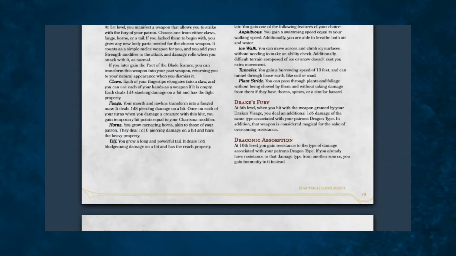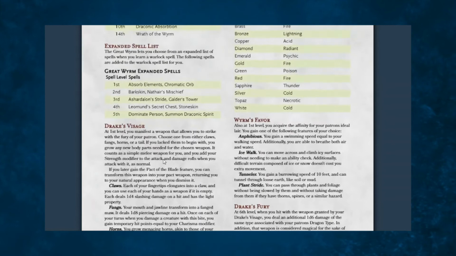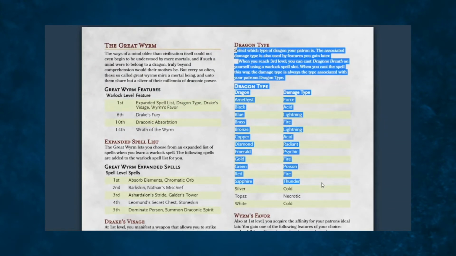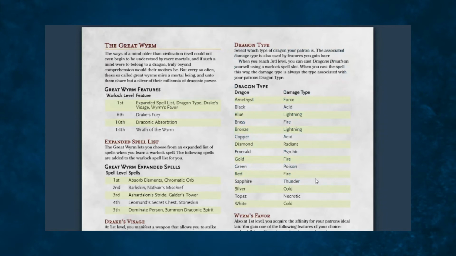And then last but not least, tail. You grow a long and powerful tail, deals a d6 bludgeoning damage on a hit, and has the reach property. Very simple. Going up, you get the defining feature of this subclass, where you choose what type of dragon your